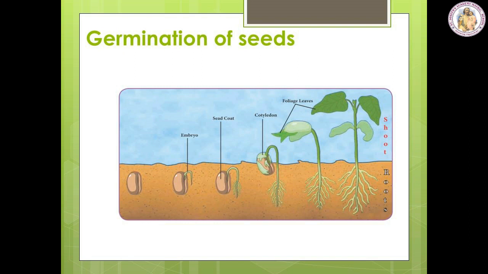Germination of seeds. The seed is a fertilized ovule. It consists of an embryo and food materials which are protected by the seed coat. During favorable conditions, the seed germinates and gives rise to a new seedling. During the early stages of germination, the seedling gets the food required for its growth from the cotyledons. After the food stored in the cotyledons has been used up, the seedling gets its food from the soil. The seedling absorbs water and nutrients from the soil with the help of its roots. It develops leaves and grows into a plant.